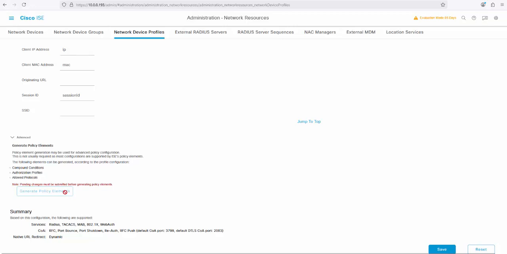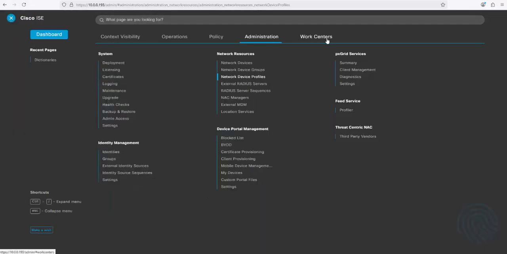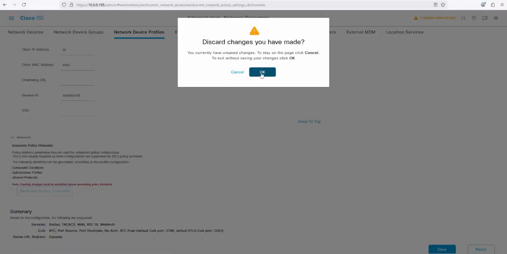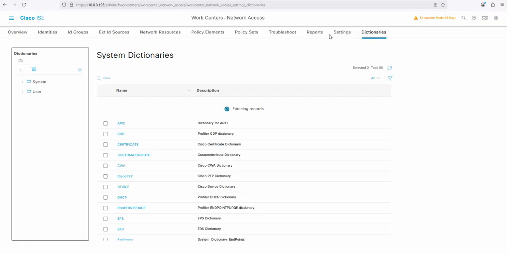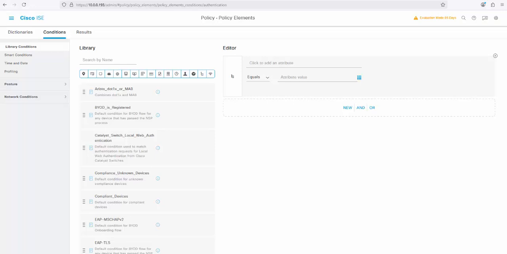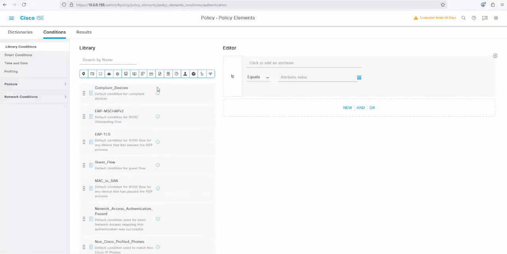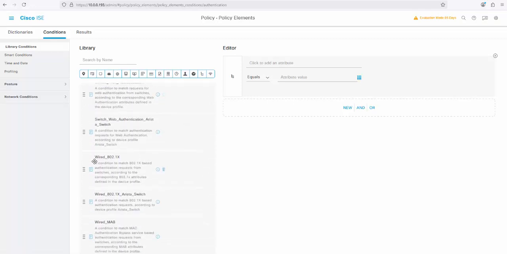This is going to generate different policy elements than the ones that we have by default on ISE. Like we have dot1x. I think it's wired dot1x. Let's go and check. Work Centers, Dictionary. I don't think it's dictionaries. It is actually Conditions. So if we go to Conditions, we're going to see the default ones, like wired 802.1x,